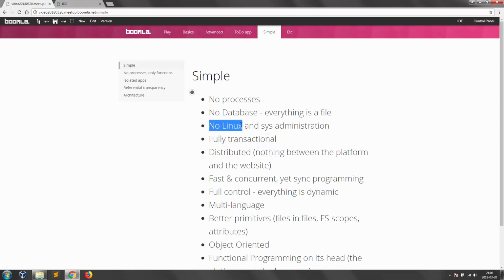There's no Linux that you need to worry about because in Boomla you're living in this ideal world. You don't have to worry about system administration. It's fully transactional, it's distributed. You can have a local installation or one in the cloud. And by the way, at the time of recording this video, the